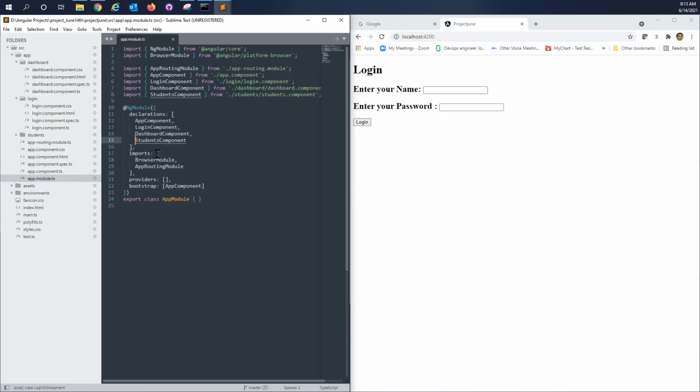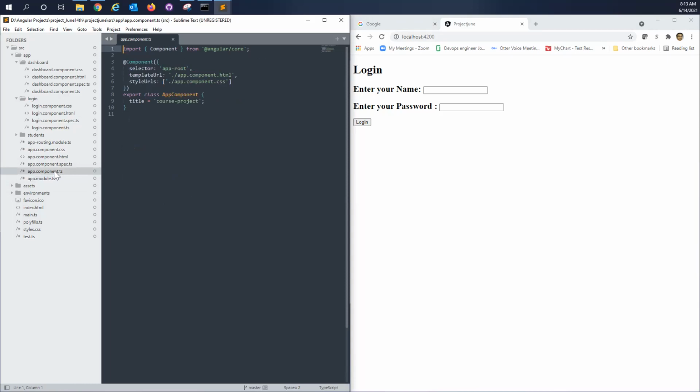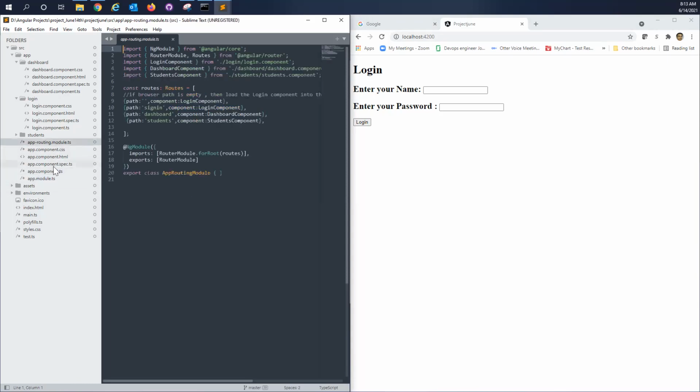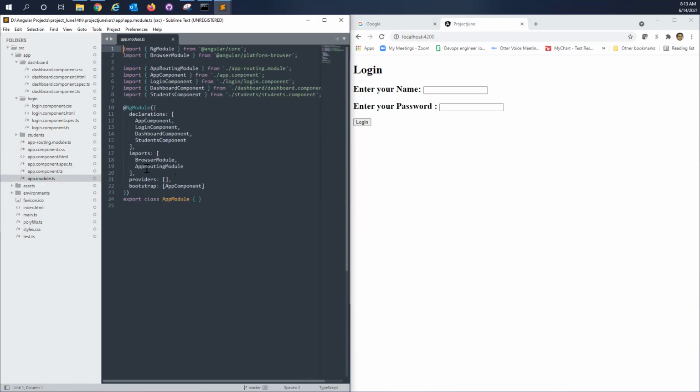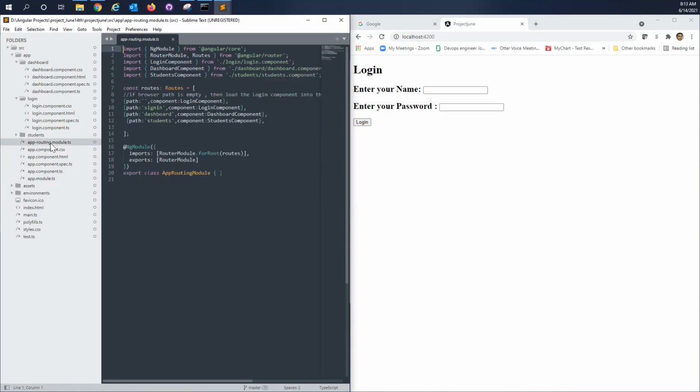See there, imports, app routing module. Where is app routing module present? It is present like four files above app component. Yeah. App routing module. Okay. It will go to app-routing.module.ts.